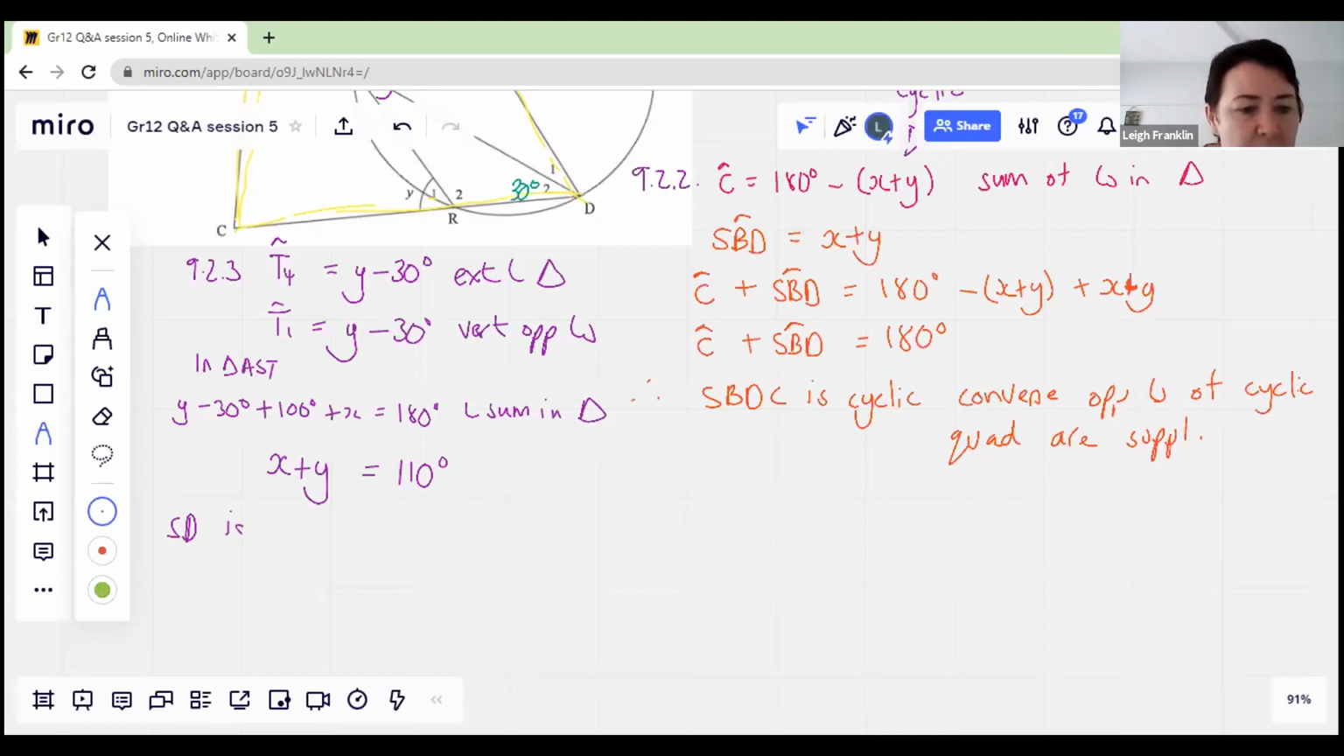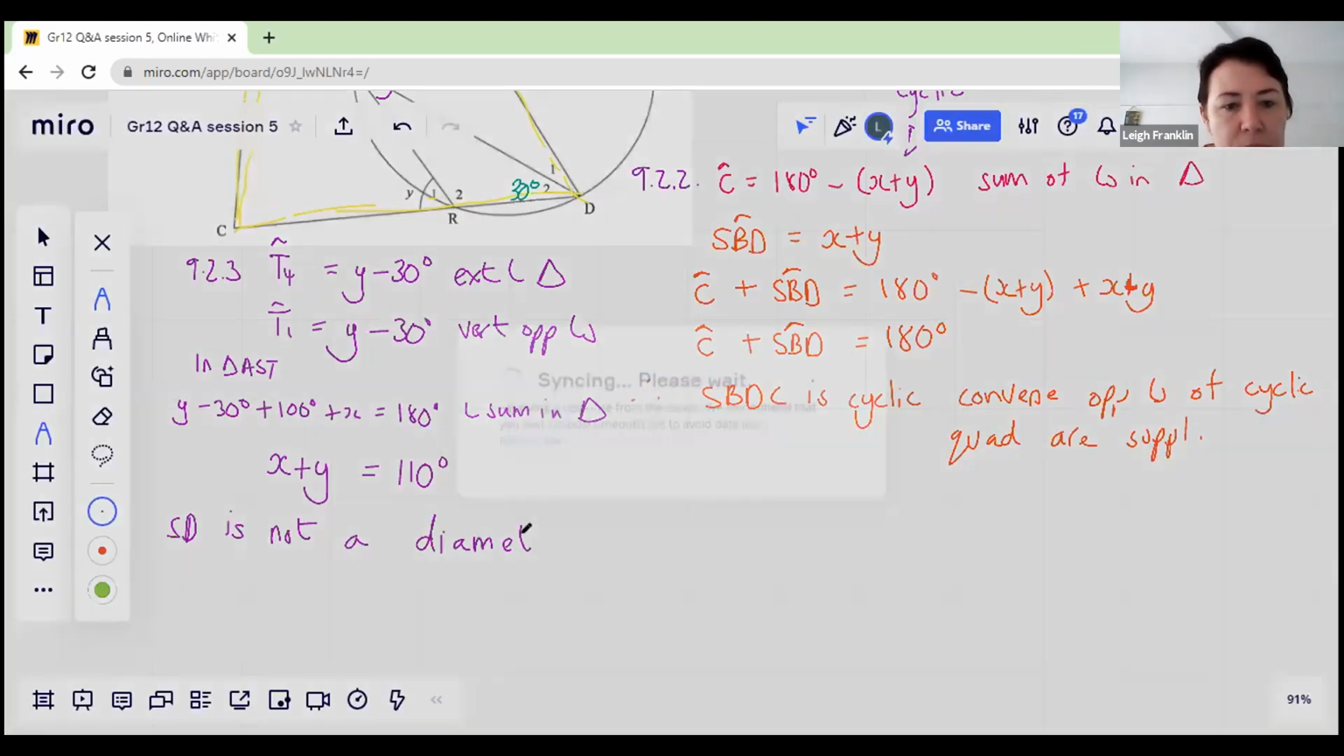Okay, so SD is not a diameter. Right, and then I could say here line